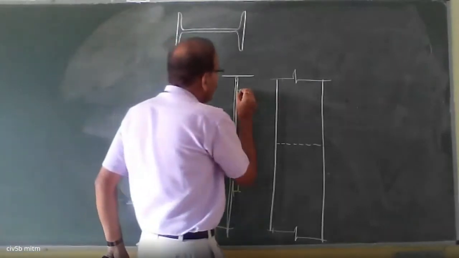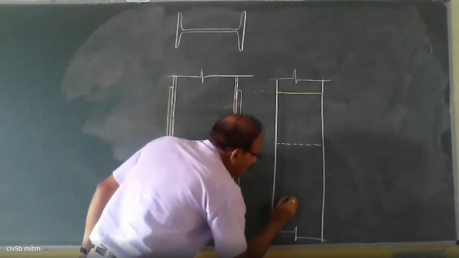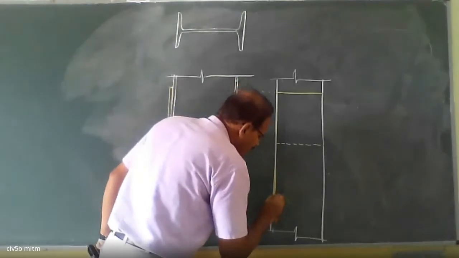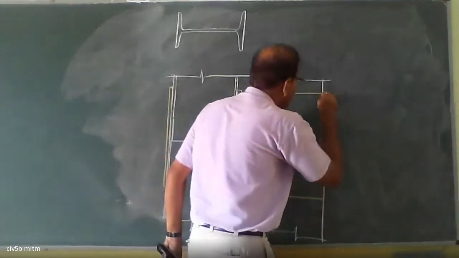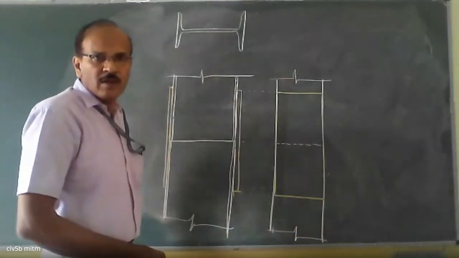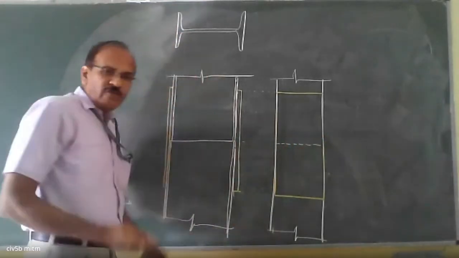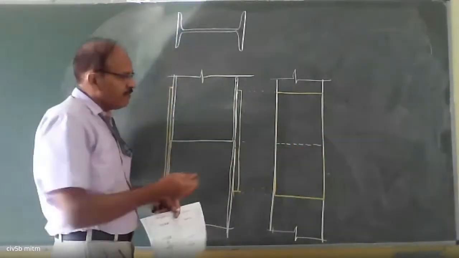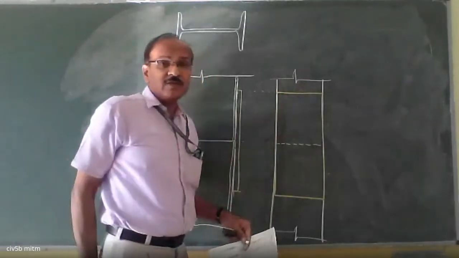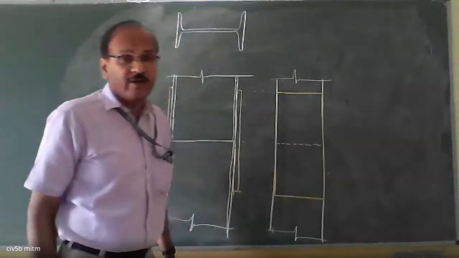Then, if you look here, you are going to see the splicing this way. And again, this line, that is the line where the upper and lower columns meet, is invisible now because it is covered by the splice plate. That is the reason why I have written this in dotted lines.